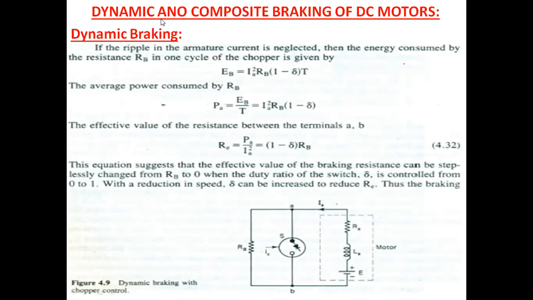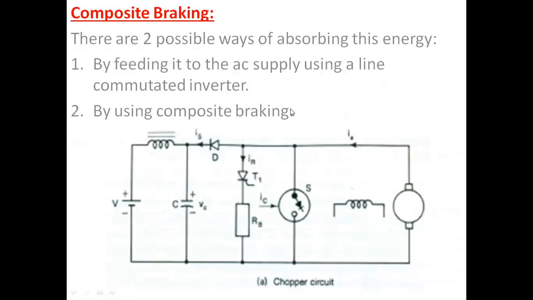With this semiconductor switch, the braking operation is allowed at a highest torque from full speed to very close to 0 speed. To apply dynamic braking to the series motor, it must be self-exciting, and if you reverse the field here, these are applicable for dynamic braking. Okay, this is all about dynamic braking. Next, composite braking.